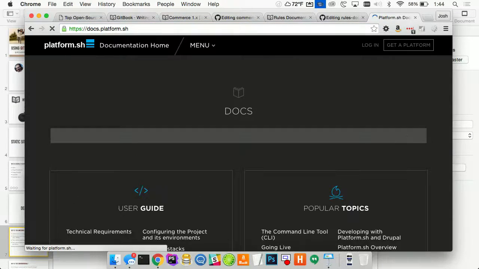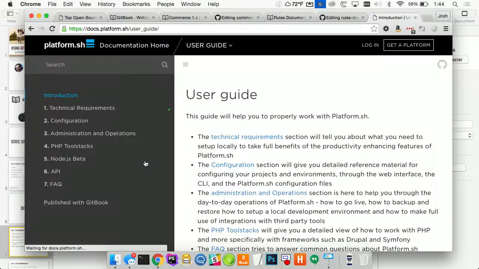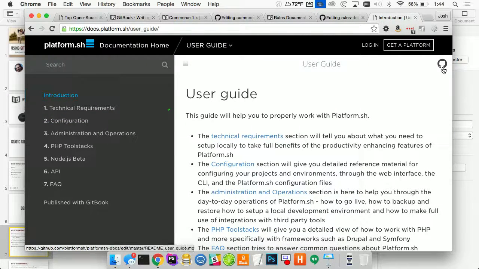It's docs.platform.sh. This was my first introduction to Gitbook. Didn't know what I was doing at the time, but everything at platform.sh, kind of like what Pantheon's doing, I'm assuming Acquia will follow suit at some point, is a Gitbook file. And you can't really see it very well, but there's a little GitHub link there, and you can edit that as well. So they are outsourcing it. If you click edit,